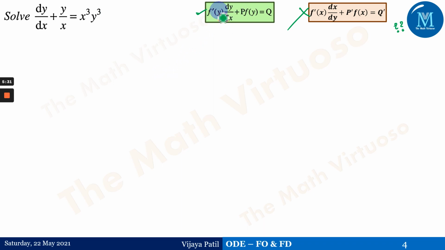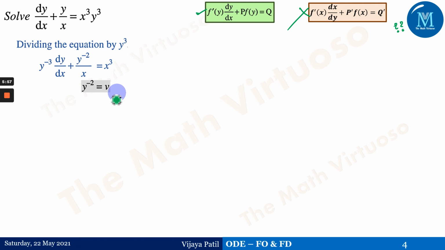So now we have to bring everything down in this format, and for that reason we have to divide this particular differential equation by y cube. If we divide it by y cube, we will remain here with y to the power minus 3 dy upon dx plus y to the power 2 upon x, because we are dividing throughout by y cube. So this y is there in the numerator, y cube in the denominator. I will remain here with y to the power minus 2 is equals to x cube. So this is the substitution we need to take, that f of y is equals to v, that is y square.